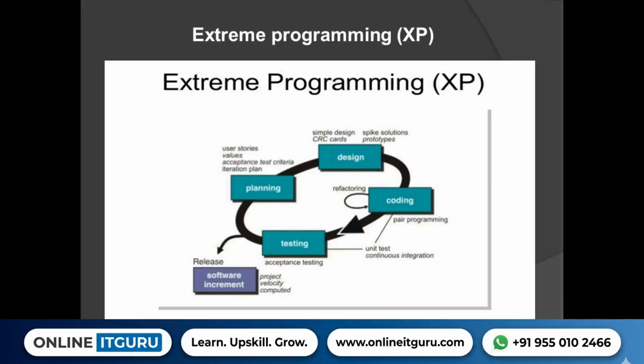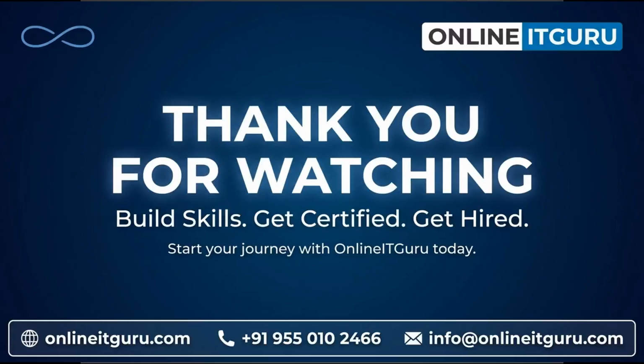Okay, so this is the process of extreme programming. If you want to develop a project under extreme programming, we are going to divide it into these parameters. So the testing will be done in this way, and the designing will be done in this way, and the development will be done in this way. That is test driven product, and testing will be done continuously.